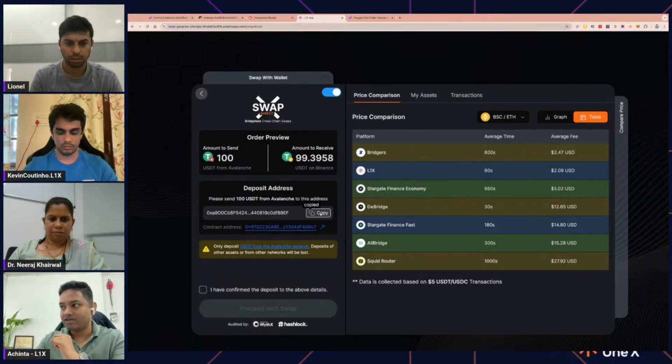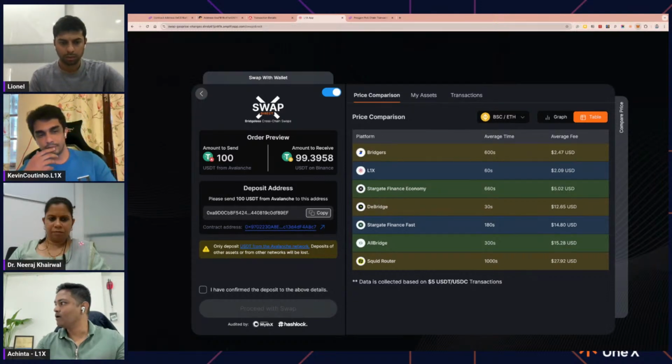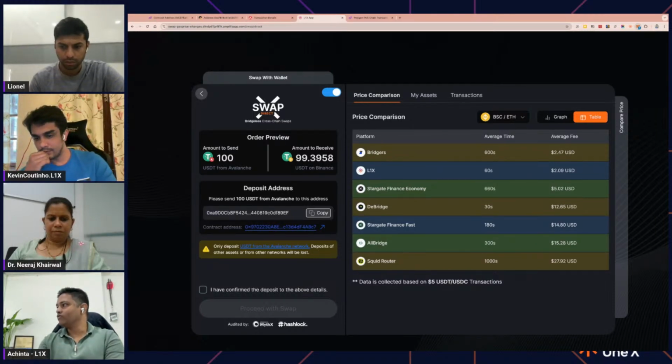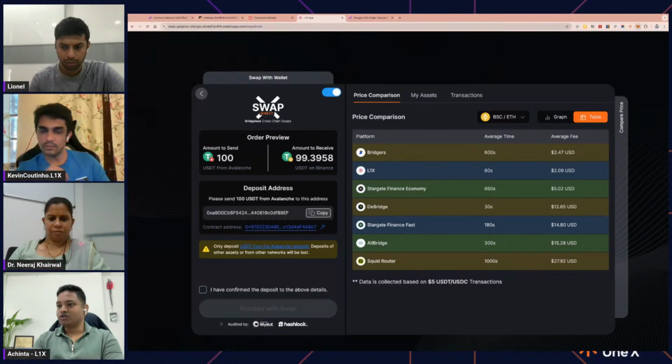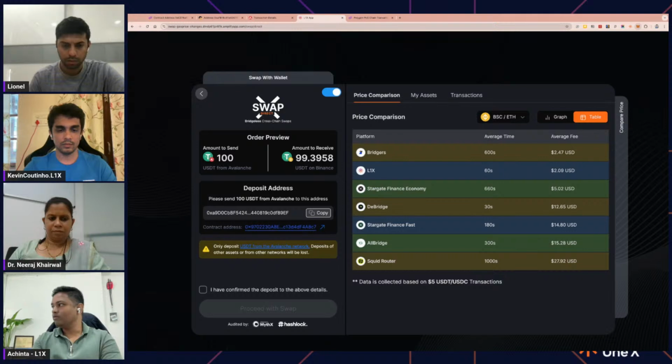So I have to copy this address, go to the MetaMask, paste this address, and then select USDT. Then I have to enter 100, right? Continue. You should always check your fees. Confirm. Make sure that until it's confirmed, you should not push this button. So until it's confirmed, we'll wait some time.